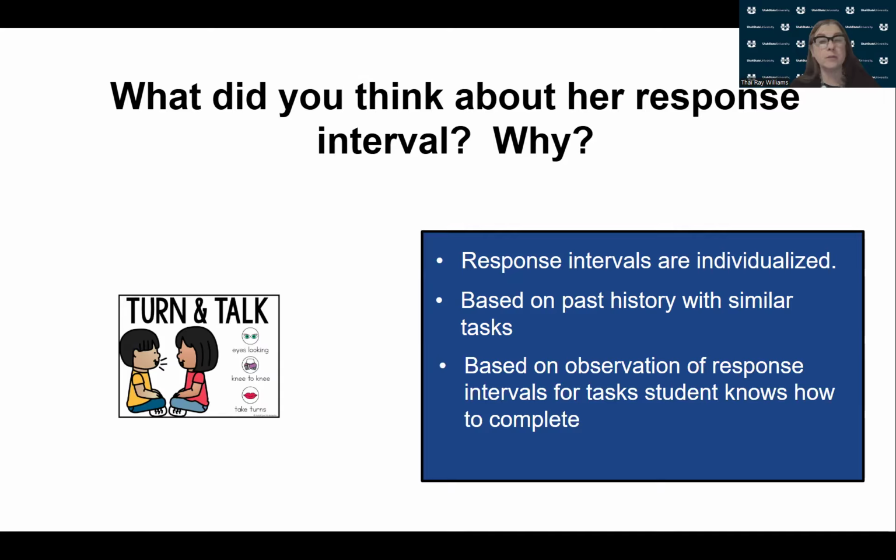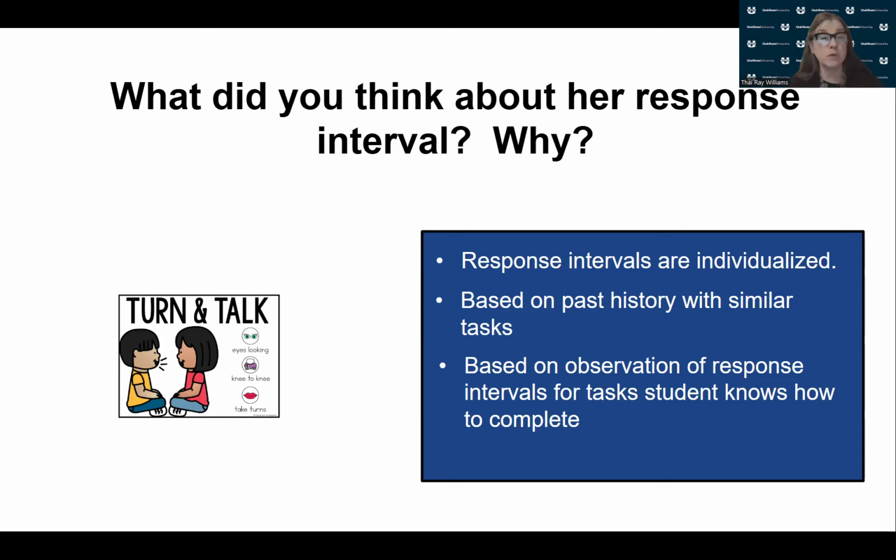Another way you can determine your response interval is based on observation of response intervals for tasks that the student already knows how to complete. So the student can respond in 2 seconds for a task that they know and they're able to complete, for example, independently, because you've counted to find out. Well, we know that when a student is first learning a task, it's going to take a little bit longer than that. So you may add on, depending on your student and their needs, like 2 to 3 seconds,